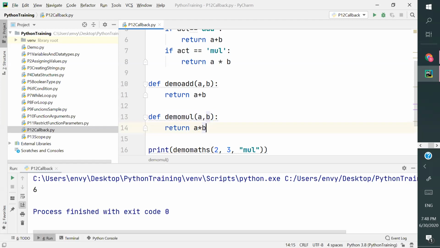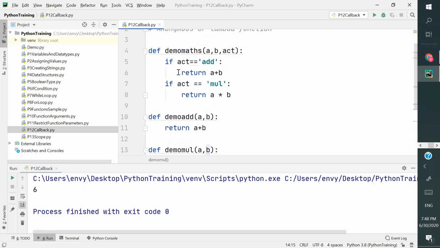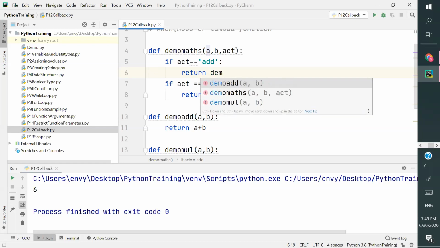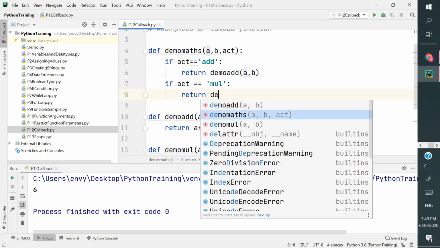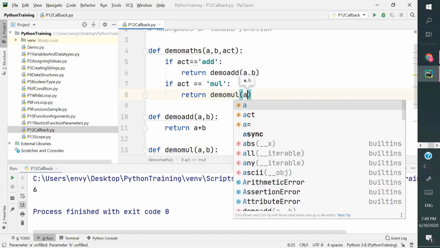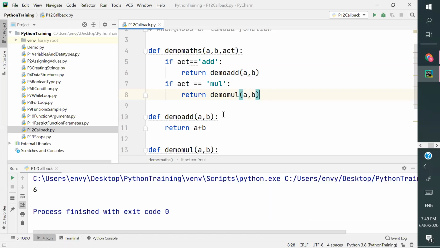Okay, fine. So instead of using return a + b, the addition logic I've created here, I'm going to use return demo_add. I'm calling that function here. Whatever values I'm passing here will be given here, a, b. And similar to that, I'm going to use return demo_mul(a, b). So I'm calling those two functions here.